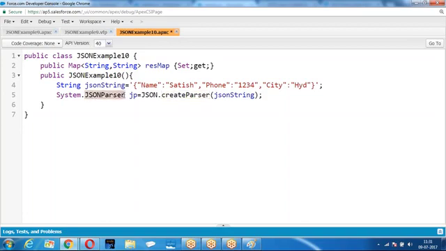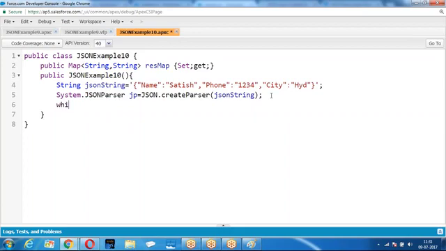JSONParser is a predefined Apex class which contains a number of methods required to parse the JSON string. The string being parsed is the JSON string.